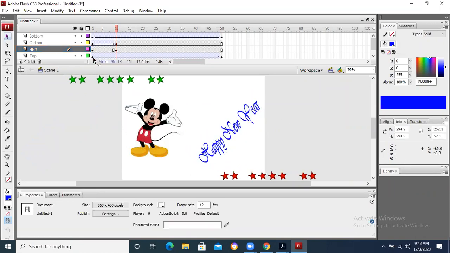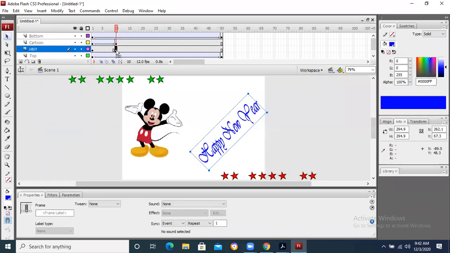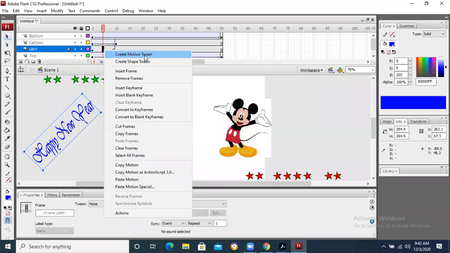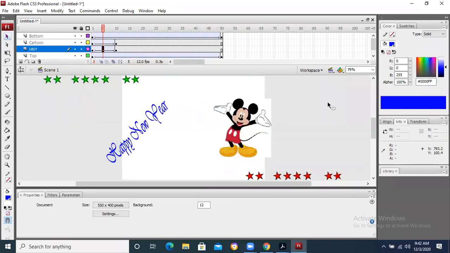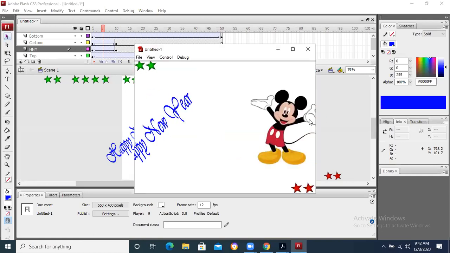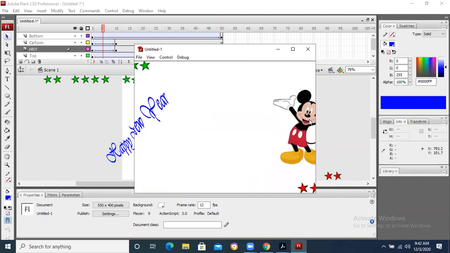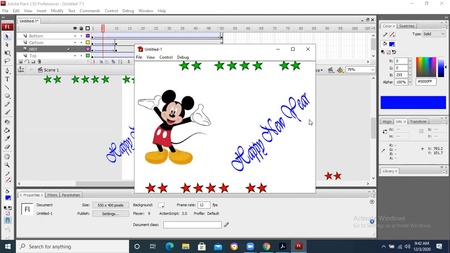Okay. Means on frame 1, it was there on the left side. On frame 10, sorry, it was not 30, it is 10. It has moved from left to right. I right click here and I give it create tween motion. Now press Alt Control Enter to run. You can see that I have designed a simple poster in a few seconds. You can note it down.